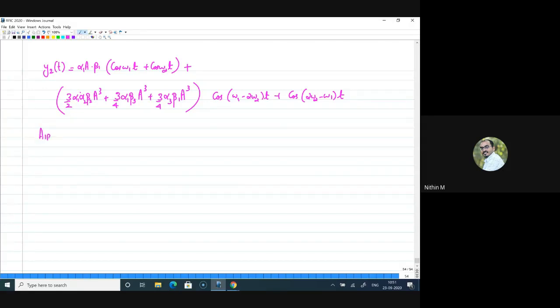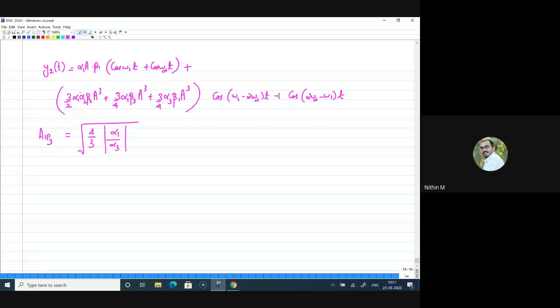If I want to write AIP3 for the combined cascaded stage total, I can write it as under root of 4 by 3. The general formula is under root of 4 by 3 alpha 1 by alpha 3. But what are alpha 1 and alpha 3? Alpha 1 should be the coefficient of the first order or fundamental term, and alpha 3 should be the coefficient of the third order intermodulation term.